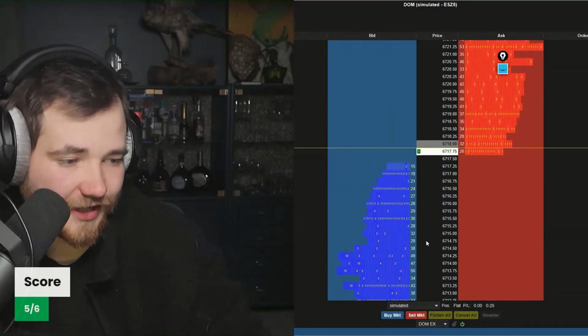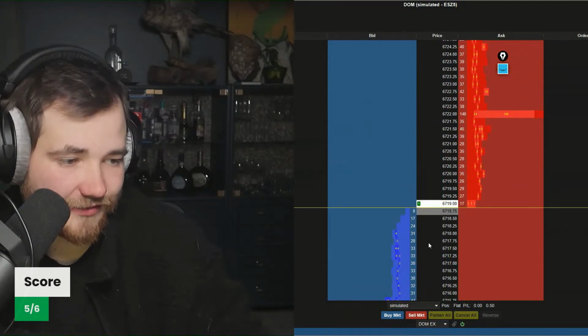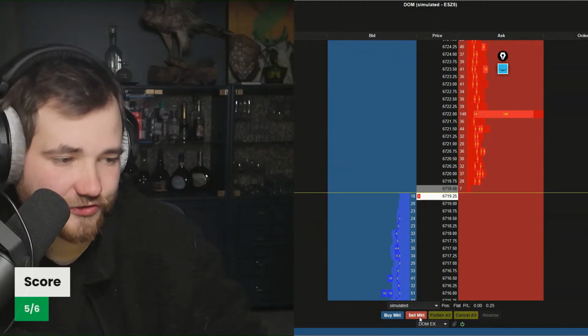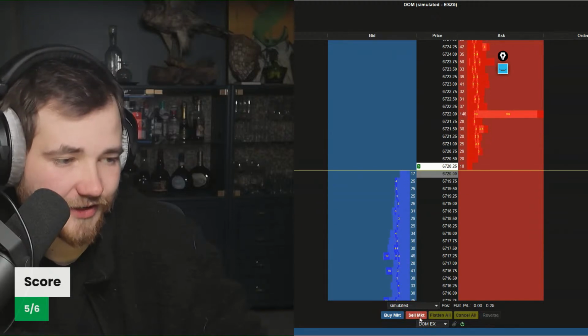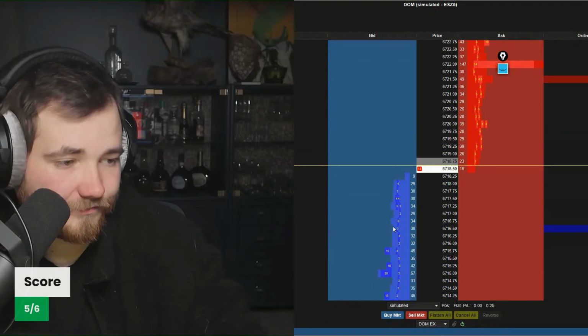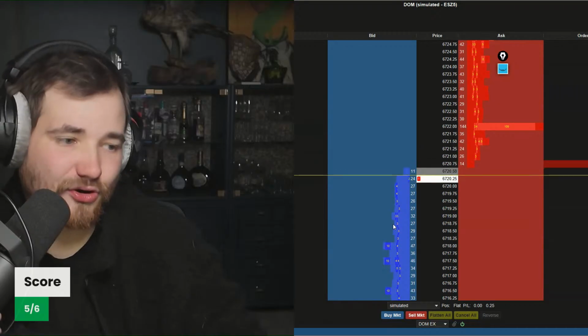Let's see if it gets defended at 1475. That was very aggressive. That's a snap at 20. Let's see if it gets defended. That was a very short snap. Didn't move a lot, but let's see if it defends. No, it doesn't. No trade there either. We have to see a proper snap. Give us a proper snappy snap.